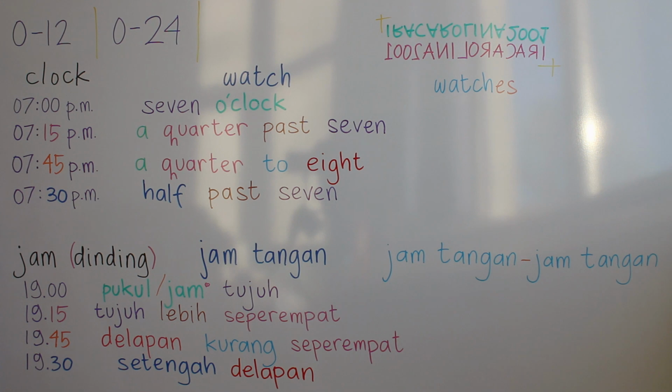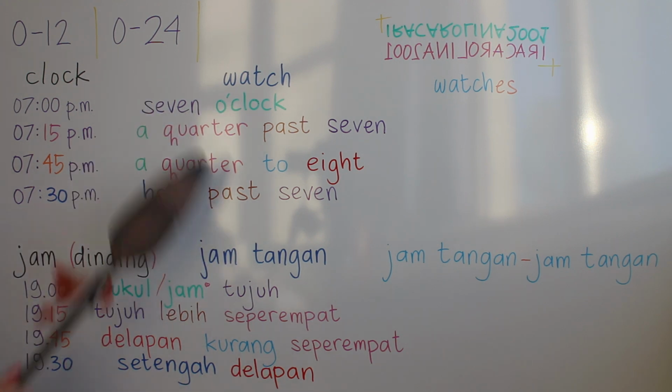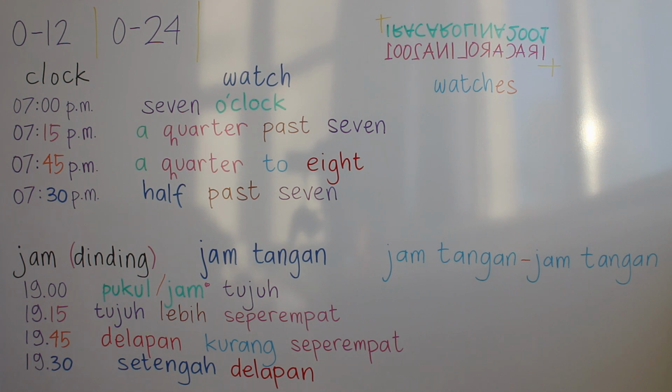7 o'clock in Indonesian language or Bahasa Indonesia, pukul or jam 7. In English, we say or write 7 first, but in Indonesia, we write or say pukul or jam, which is o'clock, first. 7 is 7. Why I put this sign here? Because